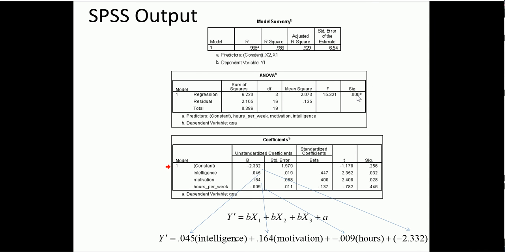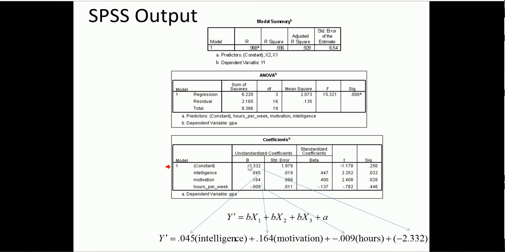It's not 0, as we could see if we clicked on this in SPSS, but it's getting pretty close to 0. So we would be able to reject the null here and say that we are predicting a significant proportion of the variance in the outcome. The outcome here is GPA, and our three predictors are intelligence, motivation, and hours per